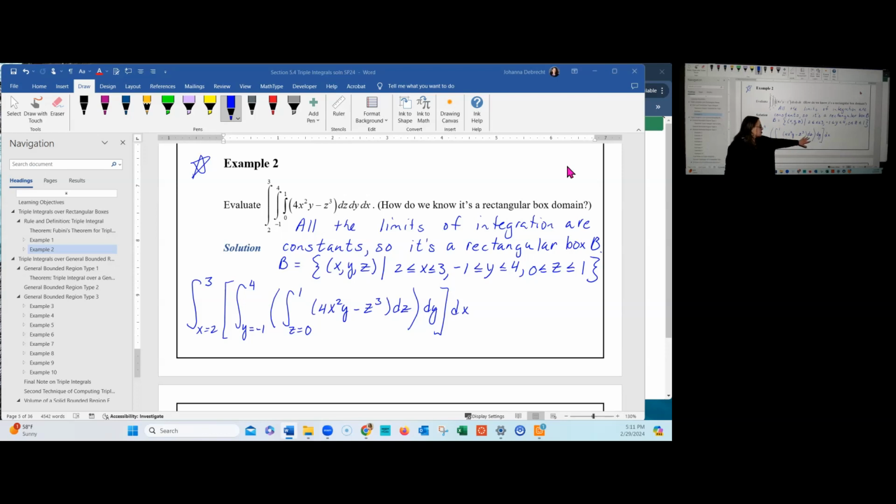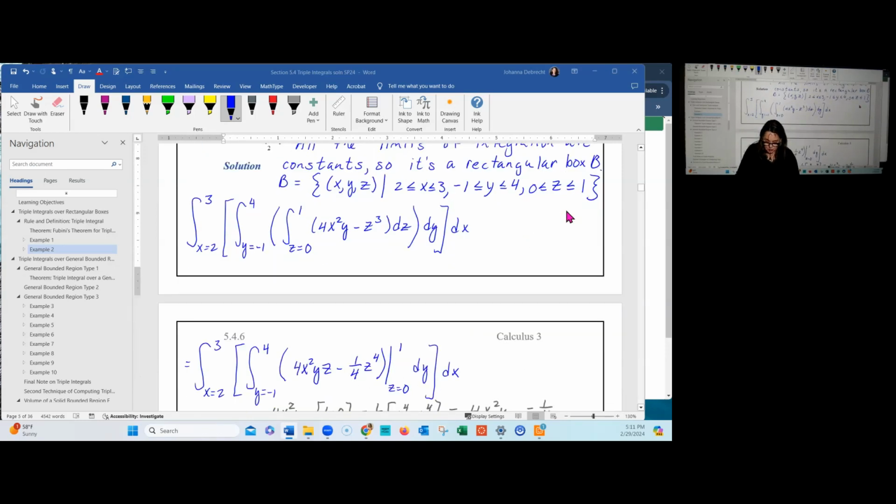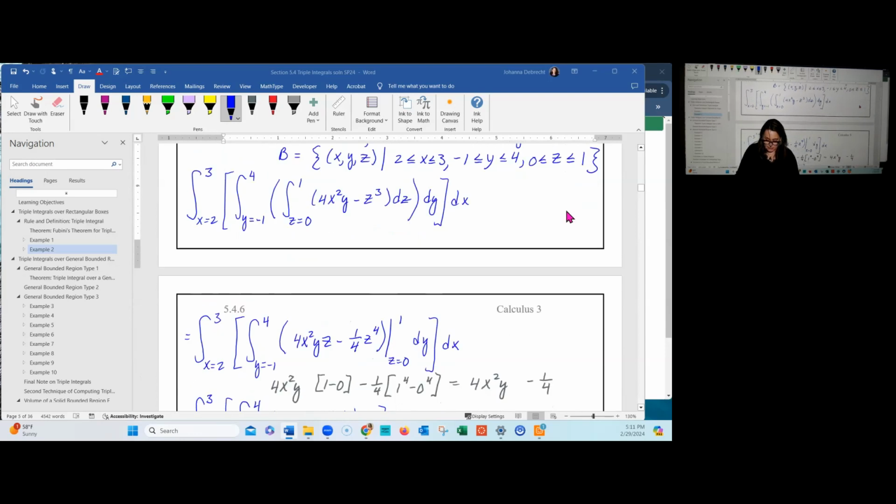We're going with respect to z first. The first term, 4x squared y, does not have a z in it, so it's considered a constant. So we integrate and we just get 4x squared yz. When we integrate the z cubed, we get a -1/4 z to the 4th. And then I evaluated from z equals 0 to z equals 1. I changed color and substituted it in down here. When I simplified, I got 4x squared y minus 1/4. If you integrated from 1 to 0, you would have 1/4 minus 4x squared y, the complete opposite to what